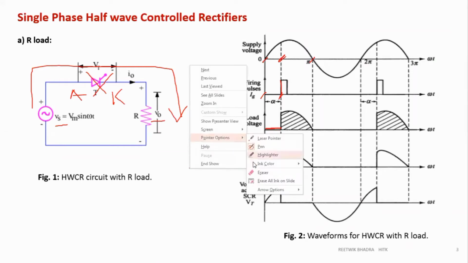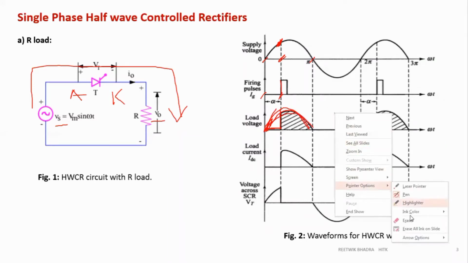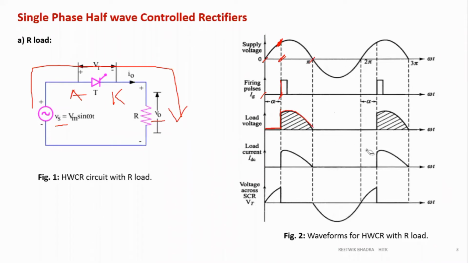Now, as soon as we give a gate pulse, current starts flowing along this red line. So the thyristor is on. Vs is equal to V naught, no problem with that. What is Vs at this point? It is at this point, right? So my waveform jumps from 0 to this point and then follows my Vs up to pi. Hopefully everybody is understanding. If it was a diode, I would have got the complete full half cycle. But since it is a thyristor, we are getting only this portion.